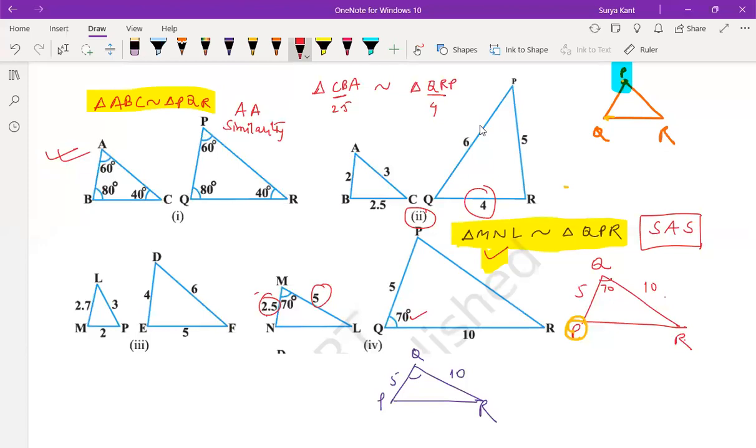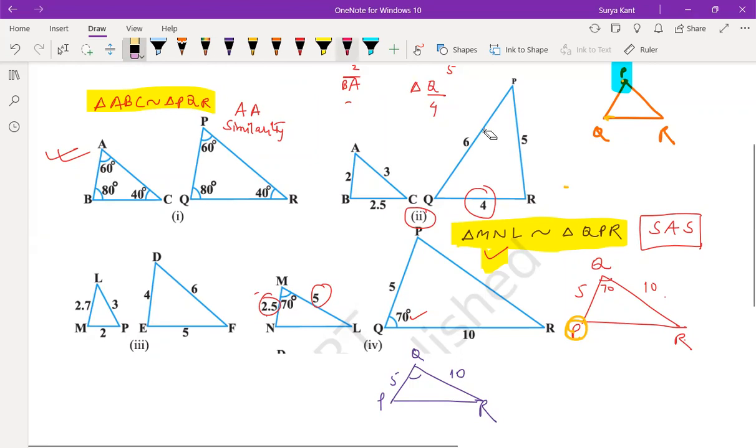So the ratio is, I don't know which ratio is there. 2.5 divided by 8 is coming. Now AB ratio is 2. And here RP ratio is what? What is RP ratio? 5. So this ratio, this is not proportion. So this is not equal. This is wrong. These two triangles are wrong. Then you should name it properly. Naming is only wrong.